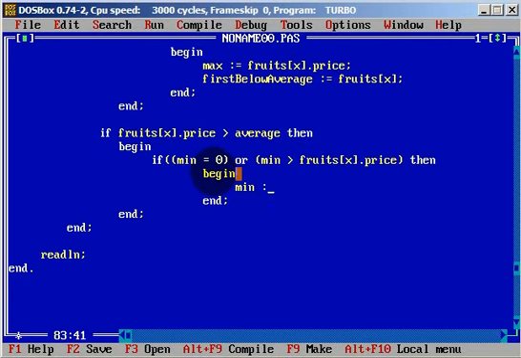Minimum will be equals to fruits of x dot price,